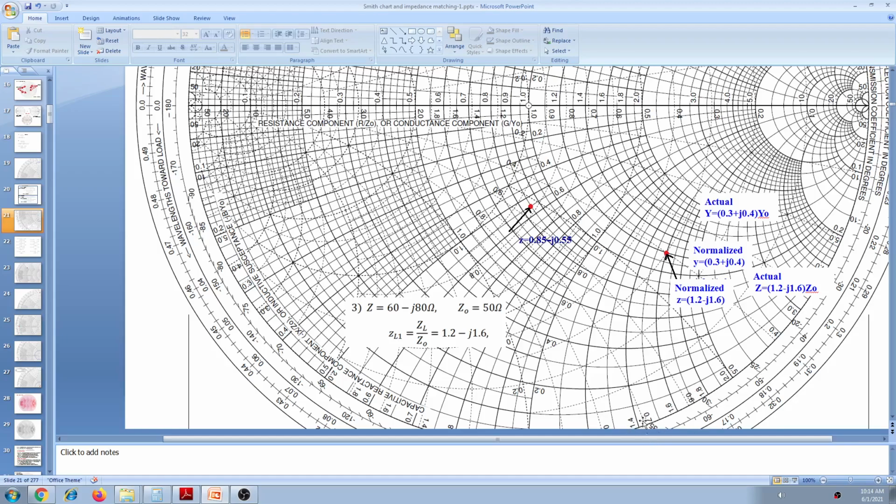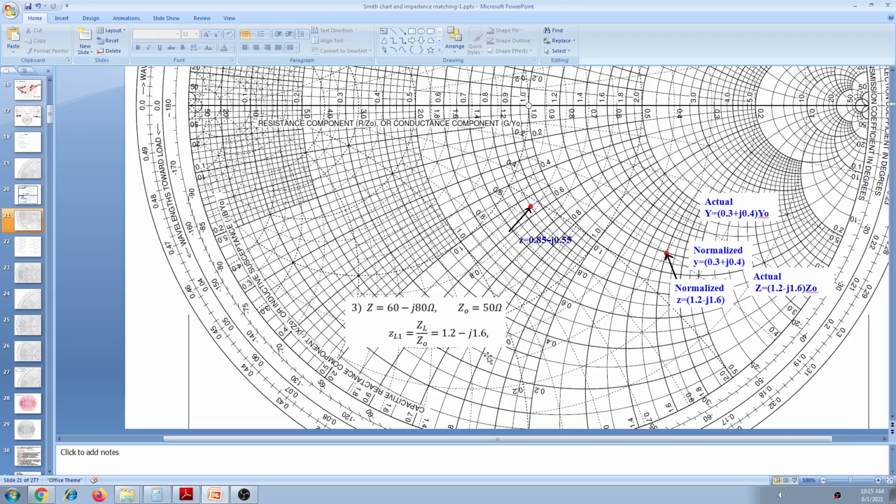Reactance values are negative here below. See, this is a reactance circle. These values are negative, but the dotted lines are susceptance circles. This is a susceptance circle. Its value is plus 0.6. This is plus 0.5. Similarly here, this is the circle passing through our point. That is plus 0.4. So our susceptance value is plus 0.4. So this is the way.